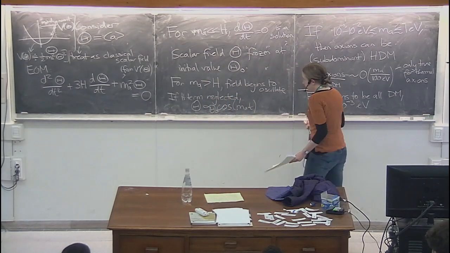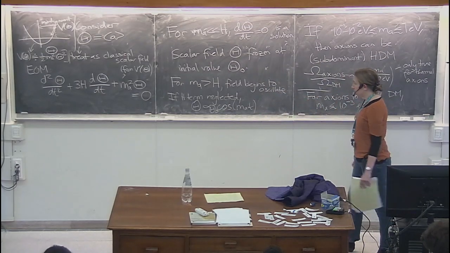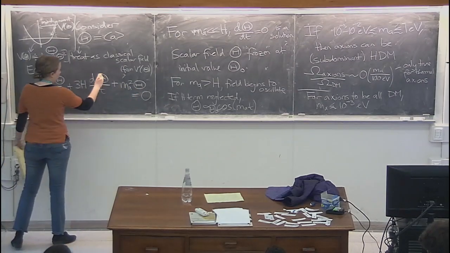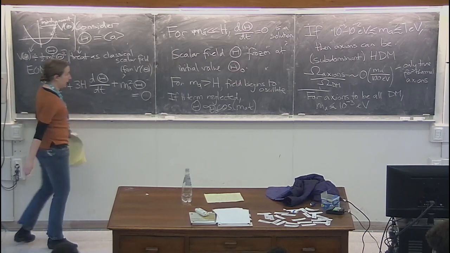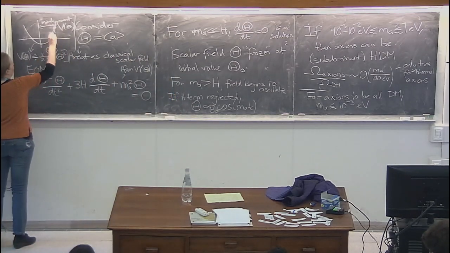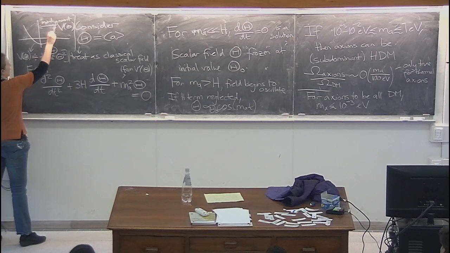Now, we can't really fully neglect the H term. There's going to be this fast oscillation as a result of these two terms, but there's also going to be a slow variation of this field. So this field is at this point sloshing around in this potential, oscillating back and forward. But this term is going to give us what we call Hubble friction, which is that over time, this oscillation is going to get more pronounced and it's going to converge towards the minimum of this potential.